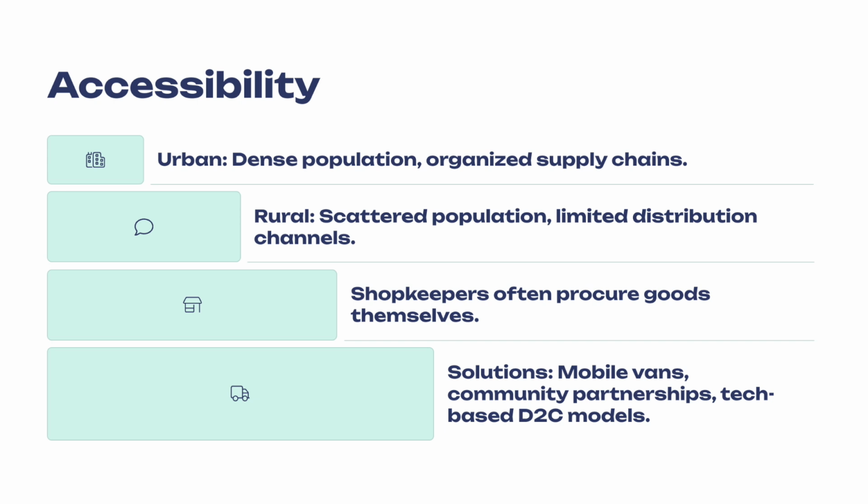Let us consider this question: what can be some innovative ways that companies can employ to overcome the challenge of reaching dispersed rural populations for product distribution and service? Some solutions include utilizing mobile distribution vans, partnering with local community leaders, or leveraging technology for direct to consumer models where feasible. Let us now discuss the media reach and habits in rural and urban markets.